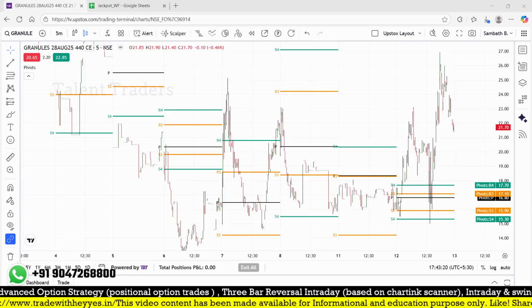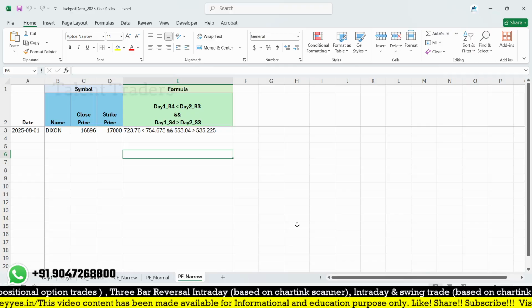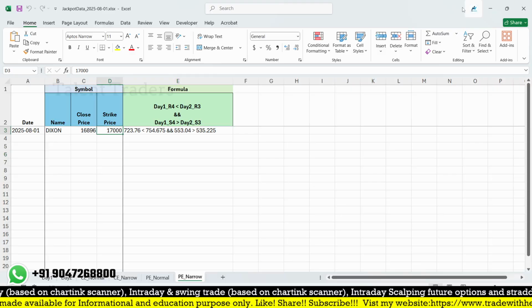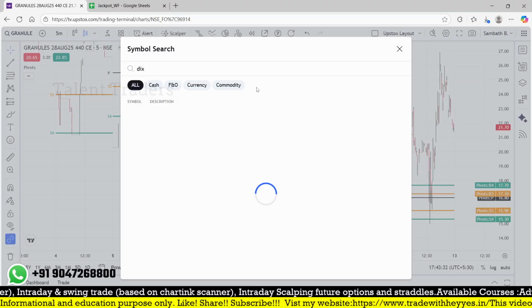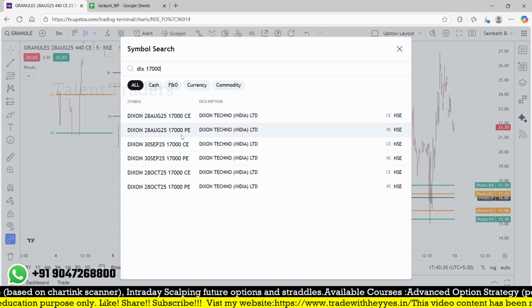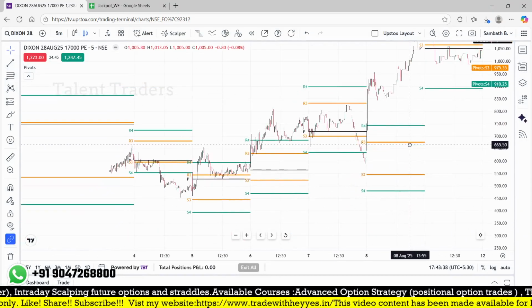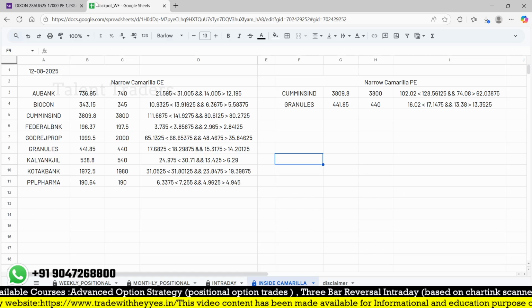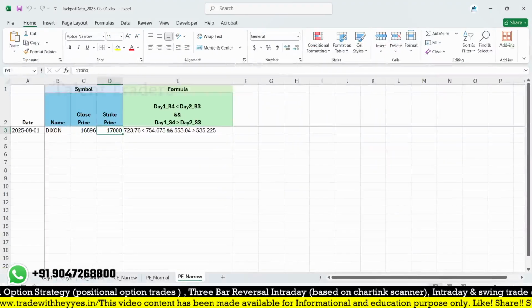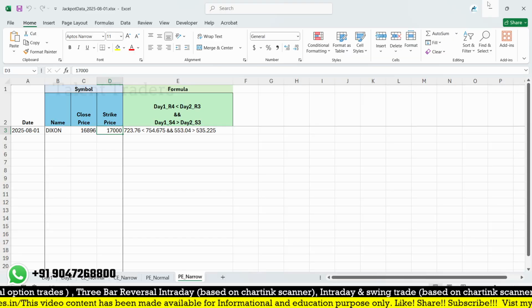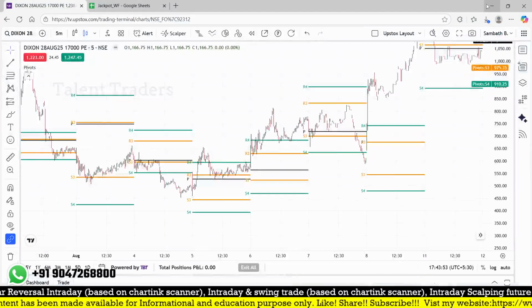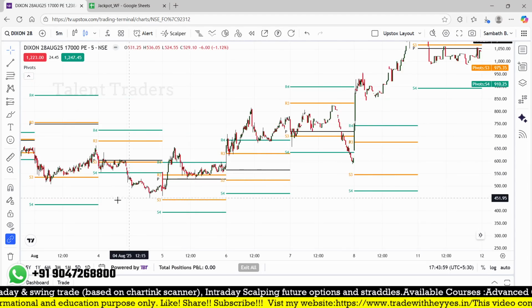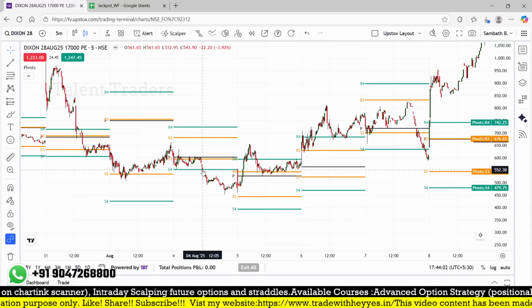So for example, this August, for 1st August, which stocks form such a pattern? See, there are no stocks, only one stock, Dixon 17,000. Let me check that particular date. The 17,000 put option. Whether it is right or wrong, this is an inside level on 4th August. This is the date you have taken out. So this is the 1st August, the day, and the next day we find it. For a 1 day period we find the stocks which are exactly inside, and it breaks the S4 and